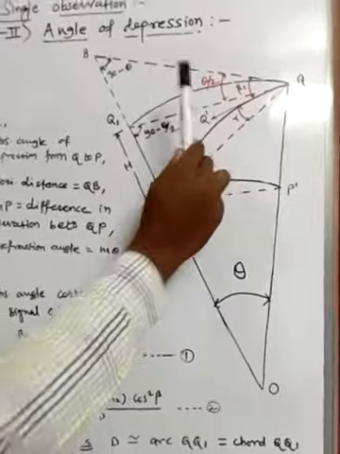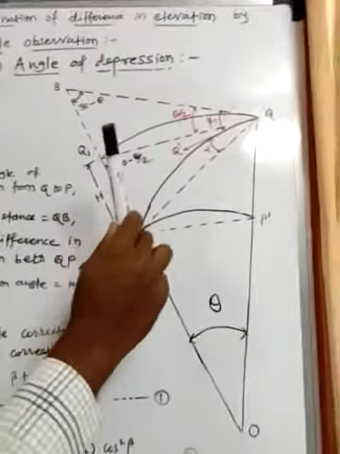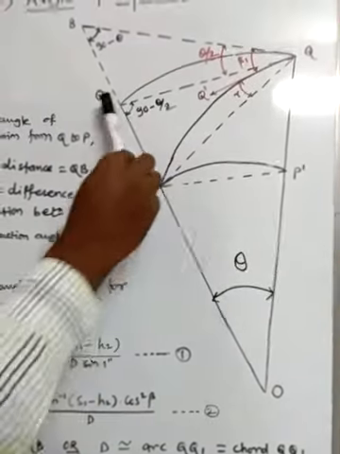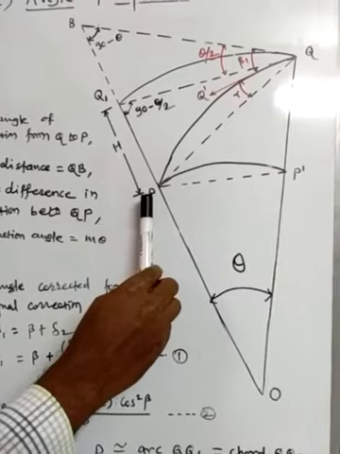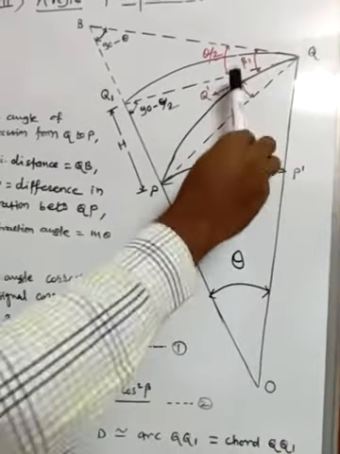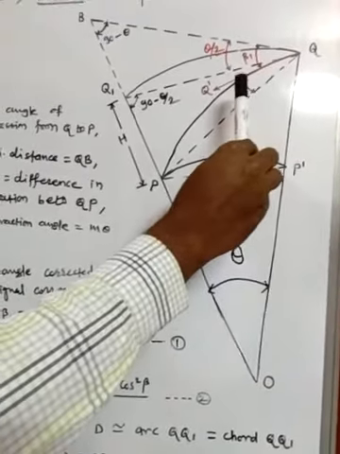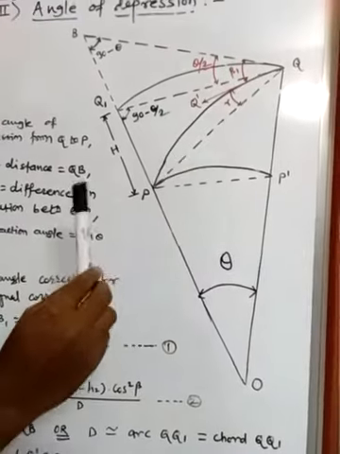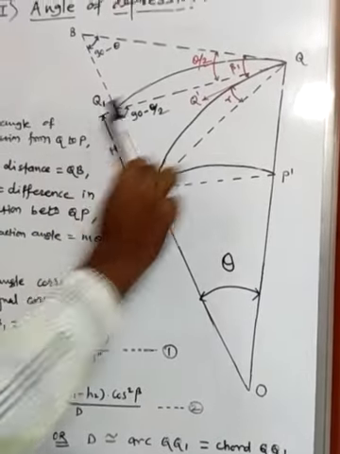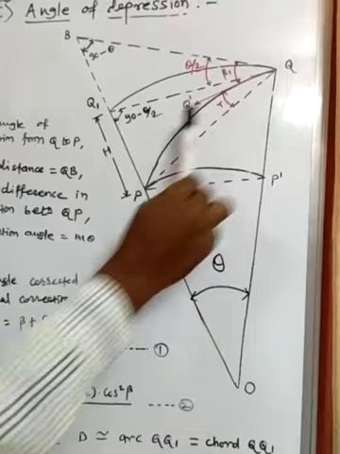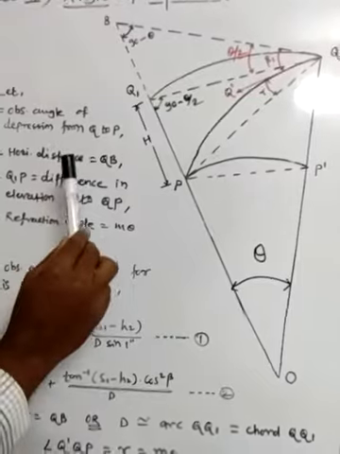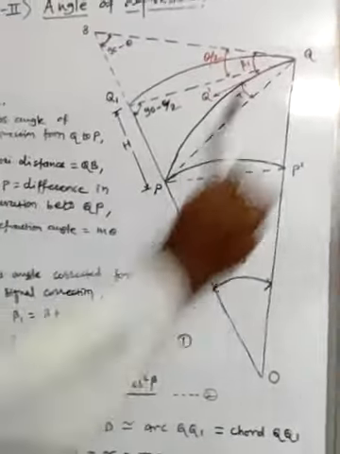From the horizontal distance you have to consider this similar distance as well as height. Height should be considered as Q1P, which is the difference in elevation between Q and P. Then what about Q dash QP? Q dash QP is the refraction angle m theta. From this you have to find the triangle PQQ1. Let's see the angles one by one, then put them in the sine law, and calculate H or D in the form of equations. Let's see the triangle PQQ1.